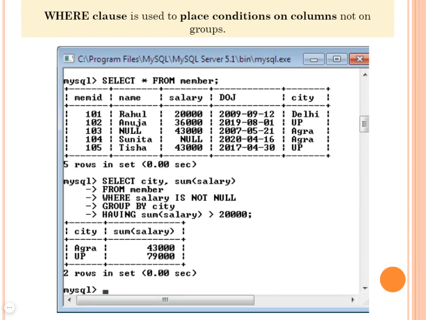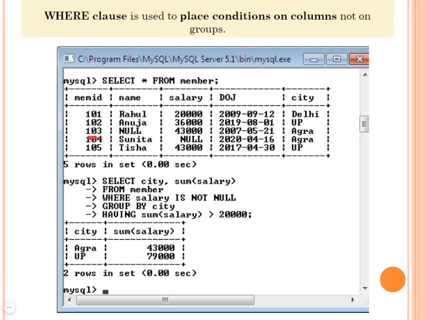Next is the WHERE clause. How you use the WHERE clause with HAVING and GROUP BY. See, again I have used the same table. SELECT * FROM member. All the 5 records are here. See now the important query. SELECT city, SUM(salary) FROM member, the city and the sum of those salaries is going to display, WHERE salary IS NOT NULL.